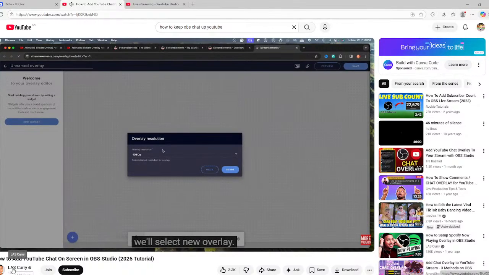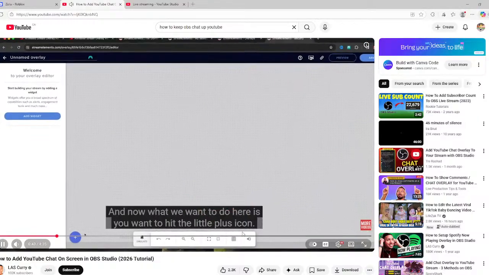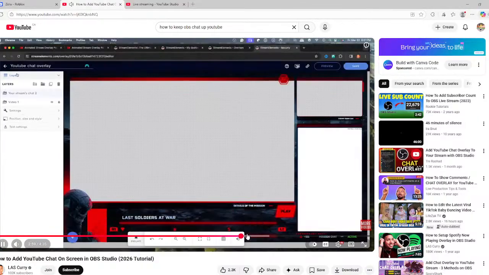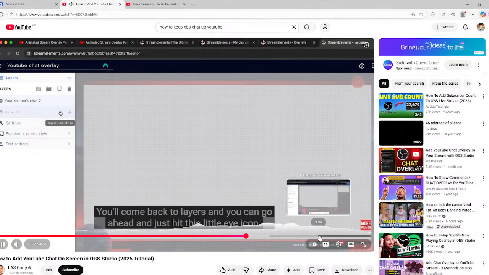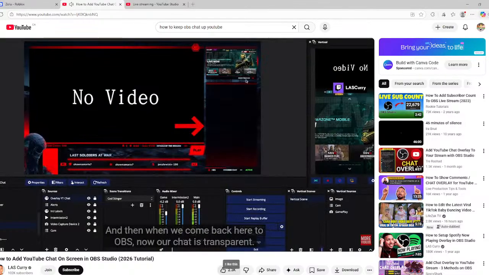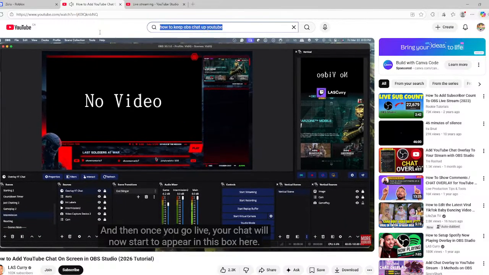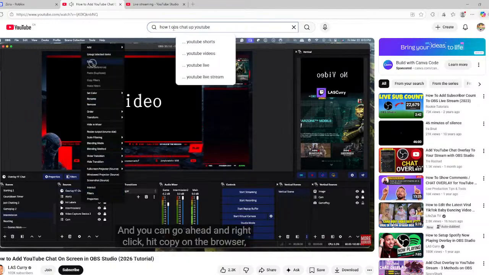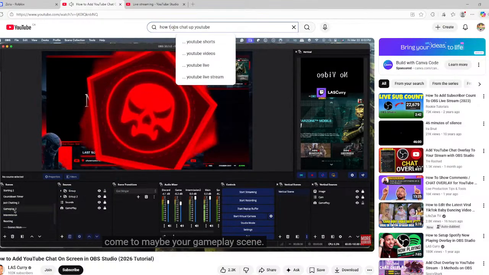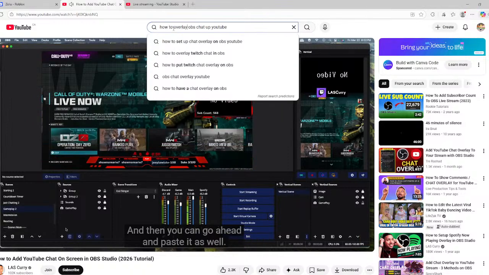This is going to bring you to a new dashboard, and then we'll select new overlay. We'll have it at 1080p, hit start, and now what we want to do here, you'll come back to layers, and you can go ahead and just hit this little eye icon, and that's going to go here to OBS. Now our chat is transparent, and then once you go live, your chat will now start to appear in this box here, and you can go ahead and right click, hit copy on the browser, come to maybe your gameplay scene, and then you can go ahead and